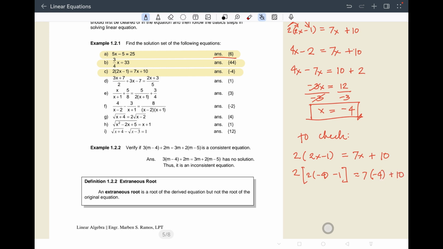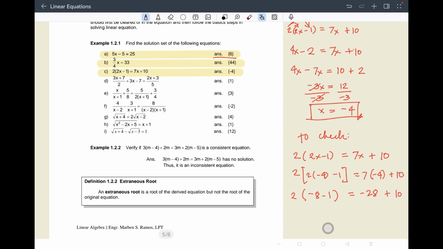So let's first simplify the terms inside the bracket. 2 times negative 4 is negative 8 minus 1 equals 7 times negative 4, negative 28 plus 10,